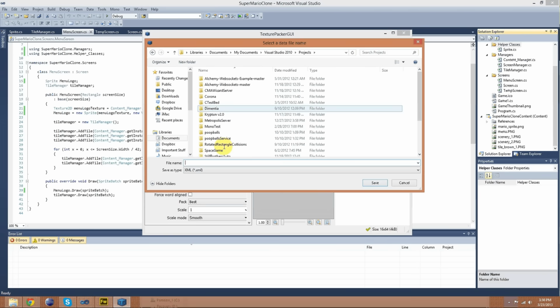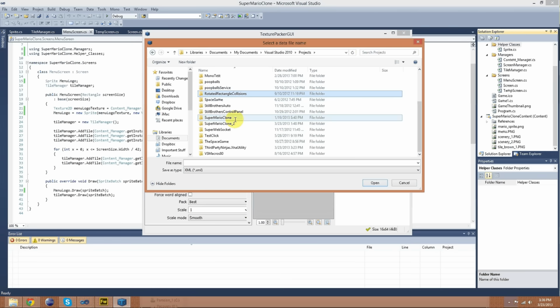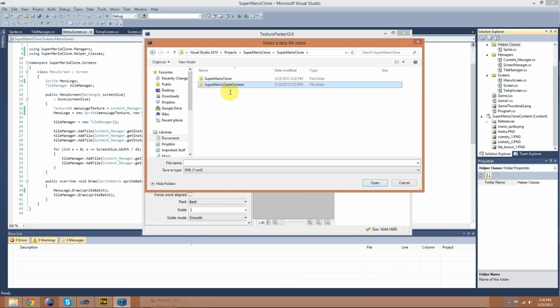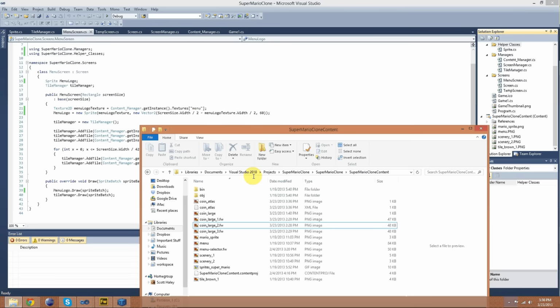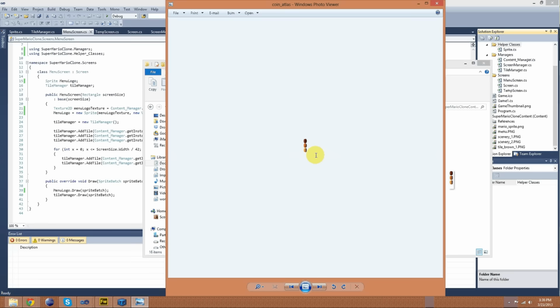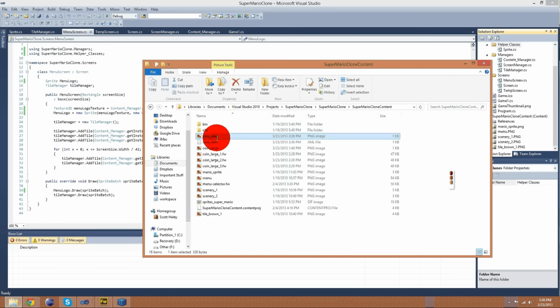And I've got two of them going on, so I could be a little bit more prepared this time. That's what that Super Mario Clone 2 was. Okay, and then we're going to save this as just coin atlas and save, and then hit OK. Okay, so now we have our coin atlas and then our coin atlas sprite sheet, and the way the pipeline works, you can't actually have two. It doesn't look at the extension when it's looking at files. So change the name. I like to just change it to texture, so I have a texture and an atlas,